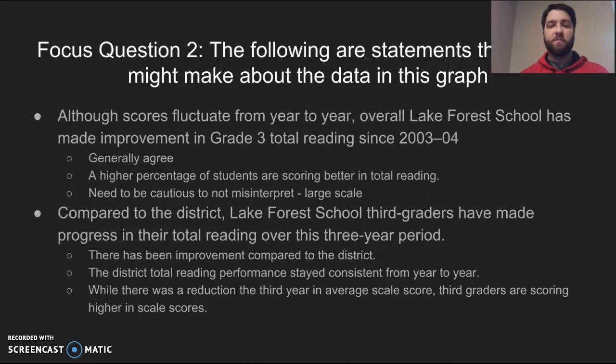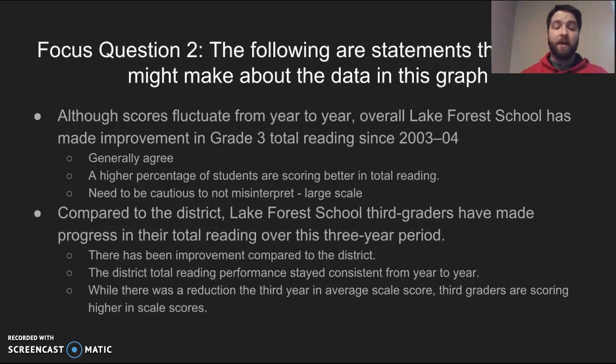This test should just be telling the district or a school building where teachers should look to start focusing their instruction, not necessarily how they should focus their instruction. It's just looking at areas and then starting to ask questions as to why students performed the way they did. I think it's really important to make sure we differentiate that.